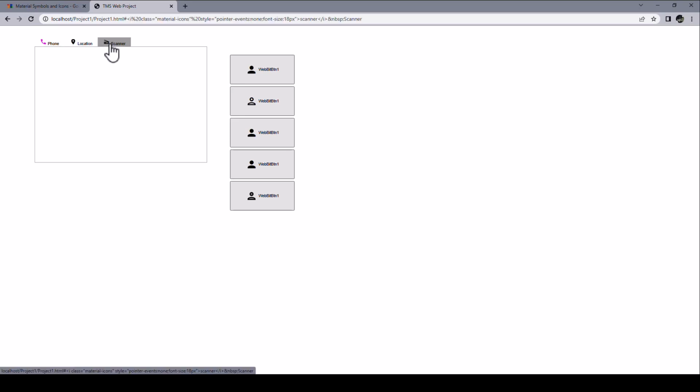All the different tabs have a material icon, and in addition to just using the icon as it was available with TMS Web Core 1, you now get 4 additional styles for your material icons: outline, rounded, sharp, and two-tone. I don't know how well it is visible on the recorded video, but inside of this user icon, there is a darker gray than the button gray. So it has two tones. So there are definitely two colors being used.